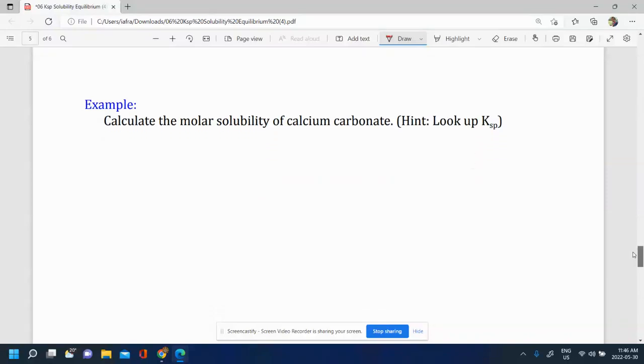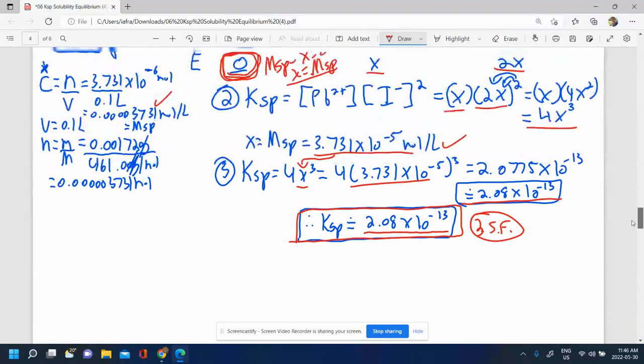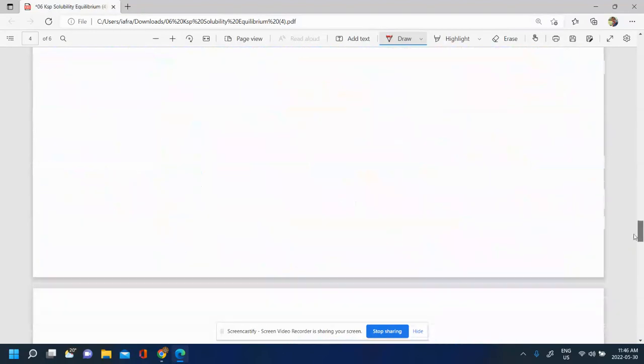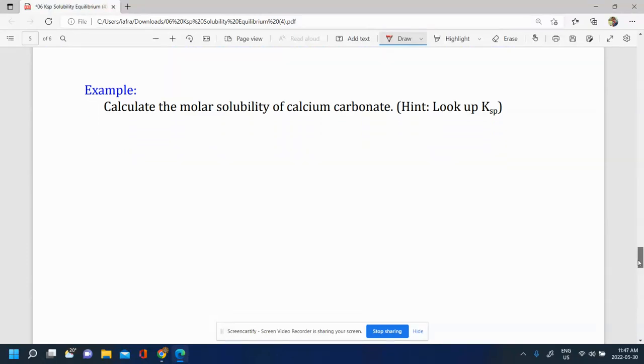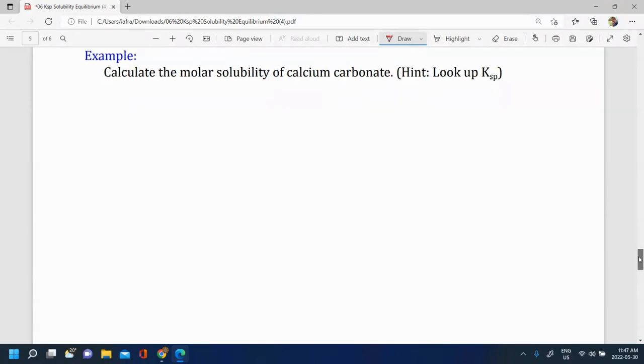In this video, we're going to see how to calculate the molar solubility of a substance using the Ksp. In the previous video, we saw how to calculate the Ksp using the molar solubility. So Ksp is always based off of the molar solubility, which is based off a saturated solution. What that means is that you've dissolved the maximum amount that you can, no less, no more, just the maximum